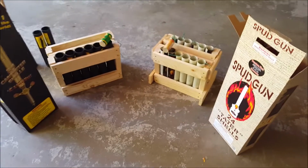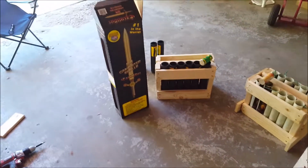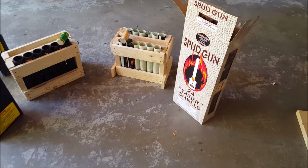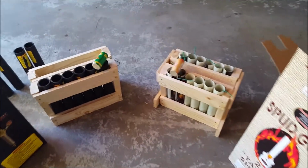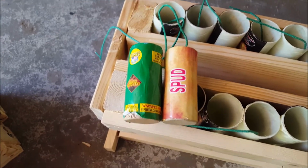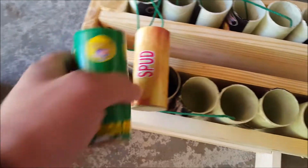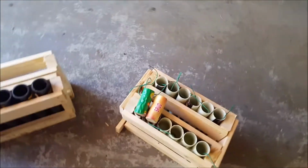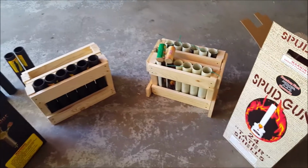Alright, just a quick video comparing Excalibur canister shells to Spud Gun Tater shells, which are just another version of canister shells. If we take a look at them side by side, you can see they are the same size for the most part. Pretty close overall. I'll tell you, the Excalibur does feel a little heavier than the Spud Gun canister shell, so